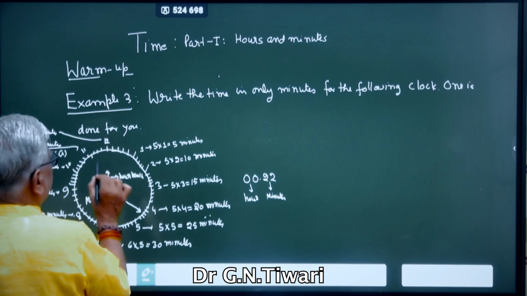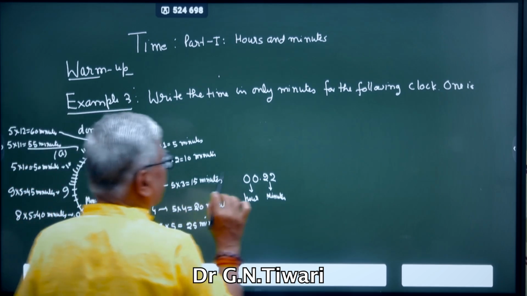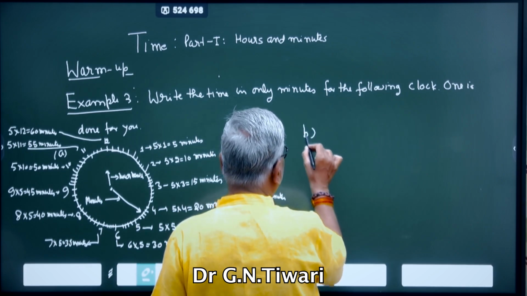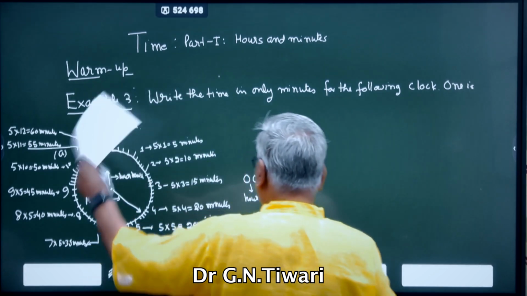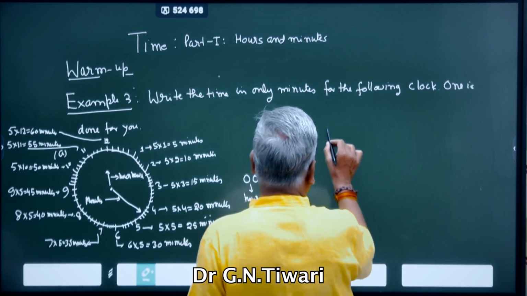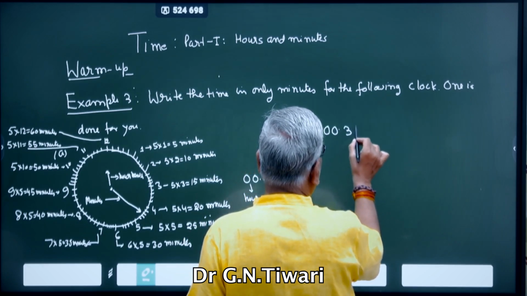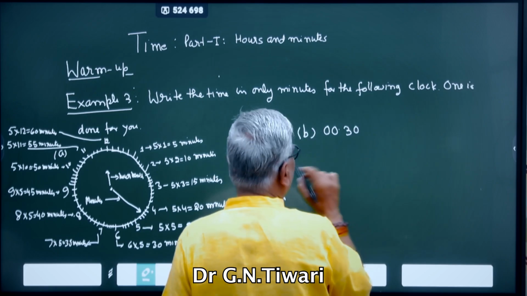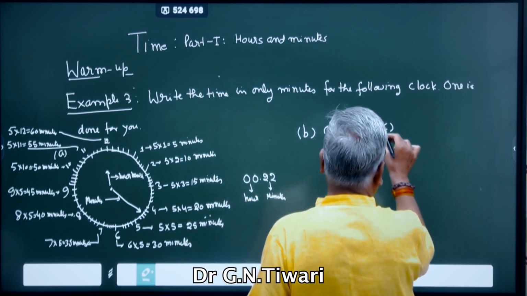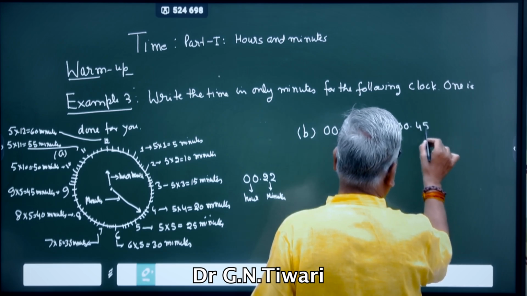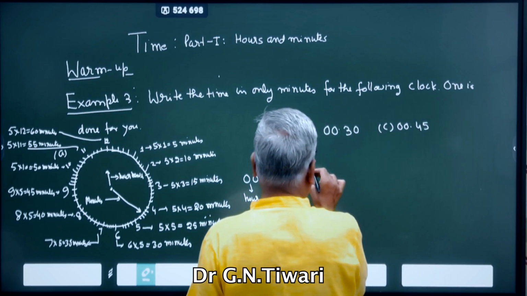This is the A. This is the case A. Now I will ask the students B to draw the similar curve for 0, 0, 30 minutes. C 0, 0, 45 minutes. D